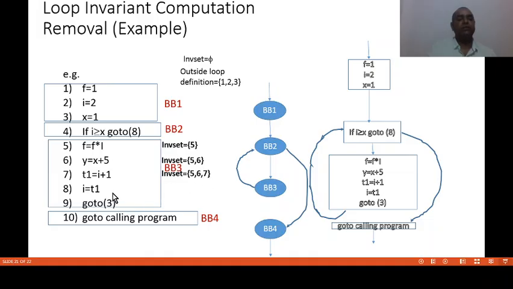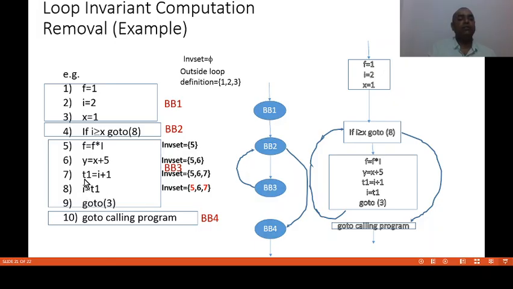Now for this 8, you can see here I is defined once again. As we can see, till the 7th statement I was defined outside the loop, but now when we come to the 8th statement, I is defined here.